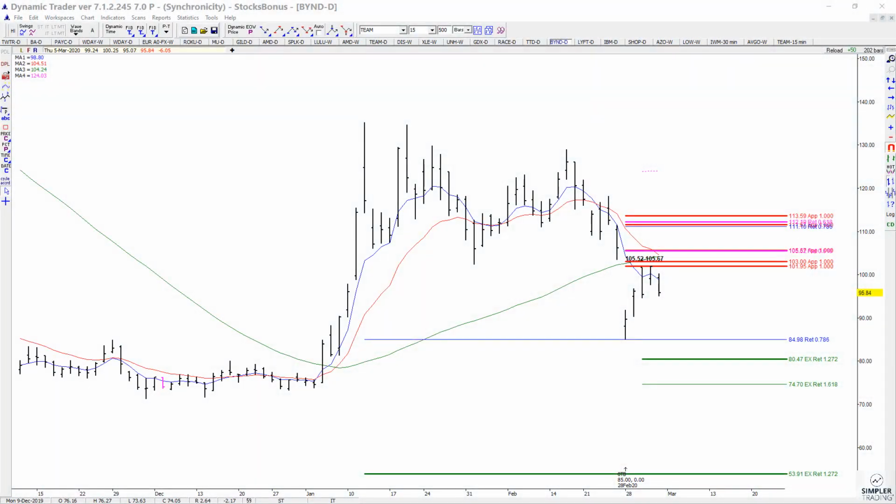In today's video, we're going to take a look at a sell setup in BYND. This is a daily chart. I found symmetry resistance actually starting at 101.95 to 103 even, and then there are also a couple of other levels just above that, 105.52 to 105.67. That's the resistance, and if you went to a lower time frame chart, you'll see where we actually triggered an